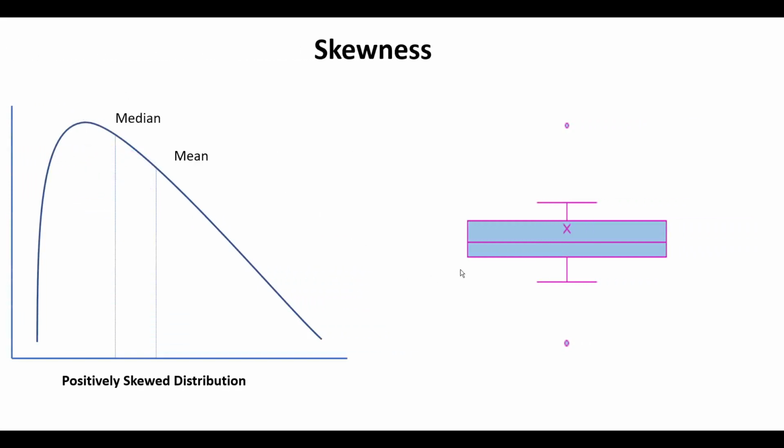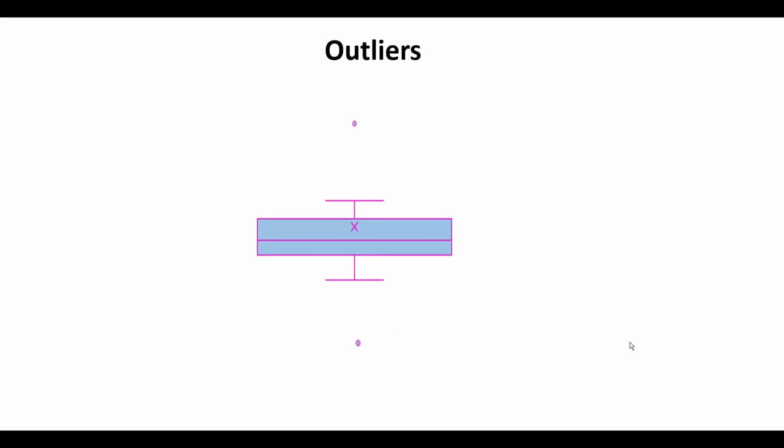So here, where the median is closer to the first quartile than the third quartile, you can figure out that there is positive skewness in the data, meaning that the mean is higher than the median. But the most important role of the box and whisker plot is that it can help you identify outliers. Outliers are extreme values that may be due to measurement or recording errors, and after identifying them, you can reconduct your analysis without including them.